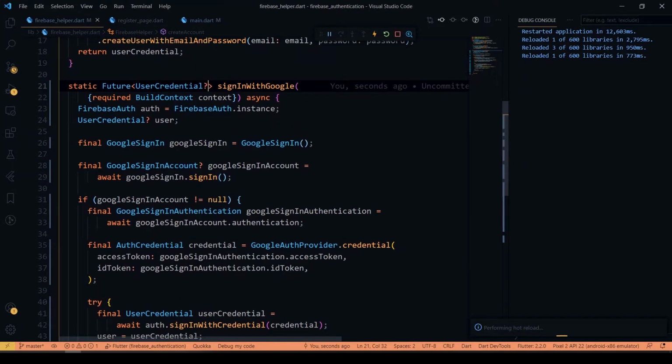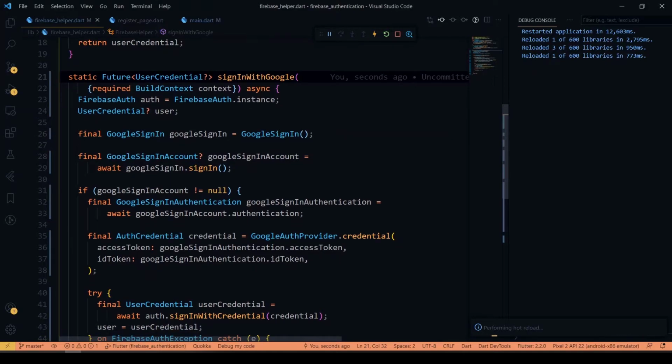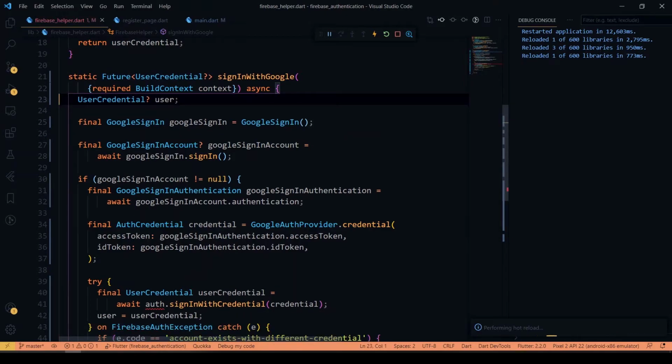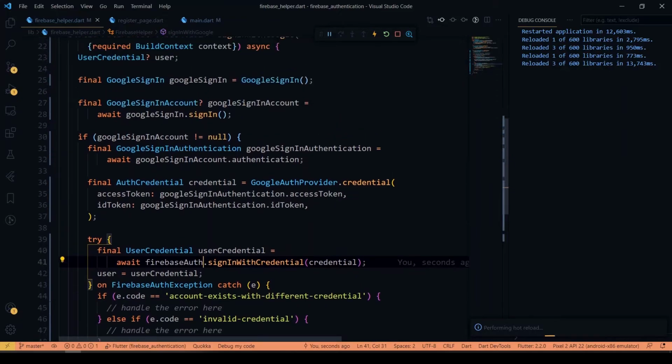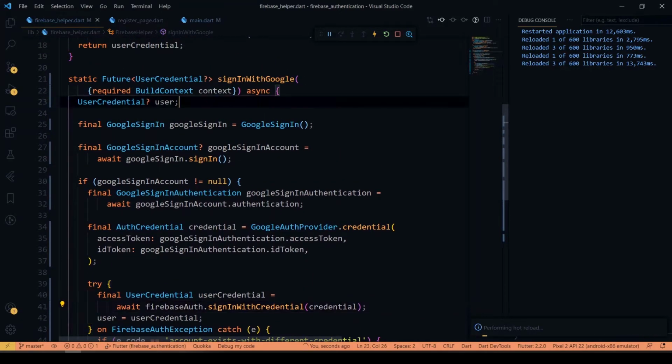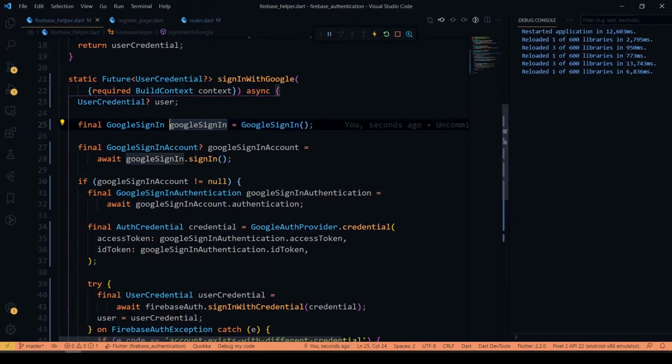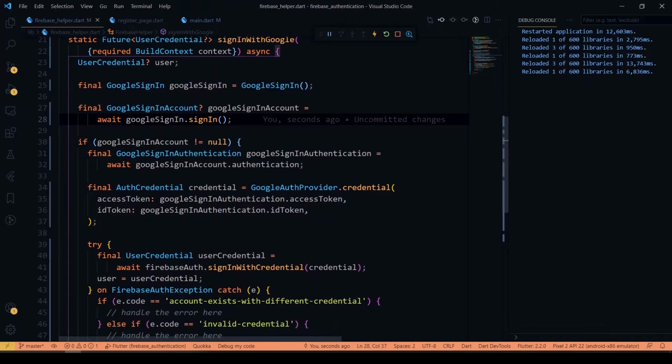So here I have created a method for signing with Google. We have already defined our own, so we'll just use that. I've created a user credential object that will be returned from the Firebase sign in with credential method, and I'm initializing the Google sign in package here. I have instantiated it now, and after that I will be calling the sign in method